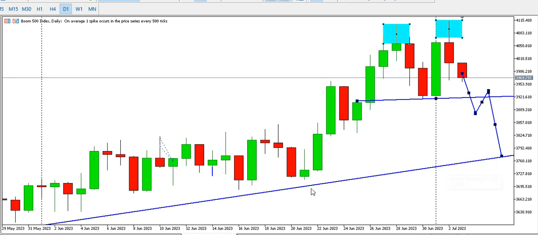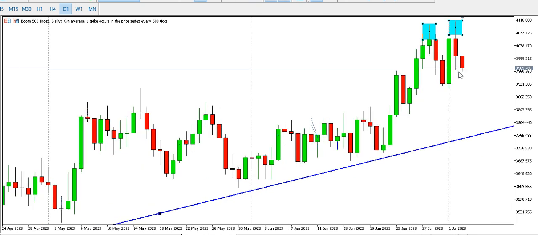We have this particular ascending trend line. Price might likely drop to that point, but for now the overall direction is bullish on the weekly time frame. You might see price respecting this particular ascending trend line for price to continue to go up, or for us to continue to have something like a triple top or a three drive pattern for price to drop further. You need to monitor price